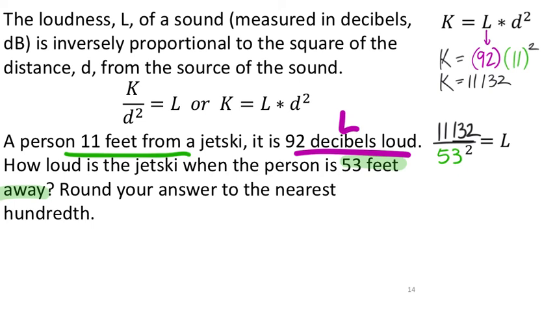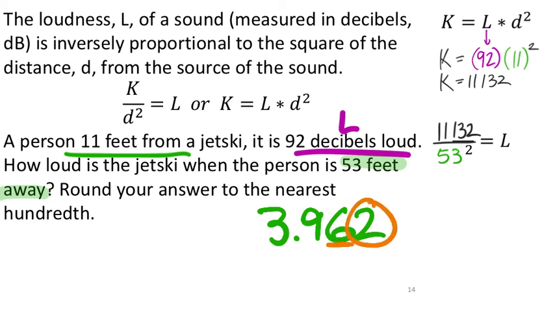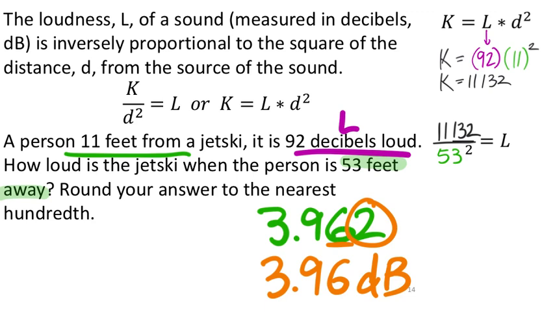Because I am curious now. All right, so let's put this in, if I can. Let's see if I can type it in correctly this time. 11,132, I just double checked. I got that in right. Divided by 53 to the power of 2. Enter. Okay, yeah, that's correct. I got 3.9629, and I'm not gonna have to go any further than that because it's rounding to 2 decimal places. Yeah. Use the 6, circle the 2. That's less than 5, so just keep it the same. 3.96. Yeah, so thank you for pointing that out. Yeah, that's decibels. Remember, it is okay to get things